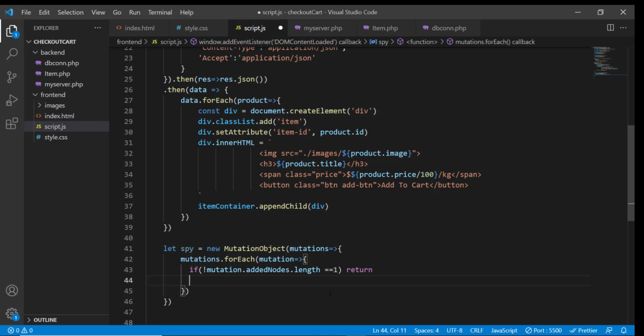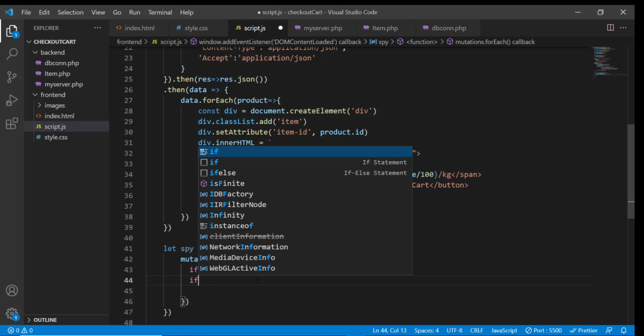However, if a new node has been added, then we are interested. But first we have to make sure that this new node has been attached to the item container div, because all our items we are appending in the item container div. So we have to check the target of this mutation. The target is going to give us the parent div in which new nodes have been attached. And how can we check if that's the same node? So we will check its class list. So we have to write if